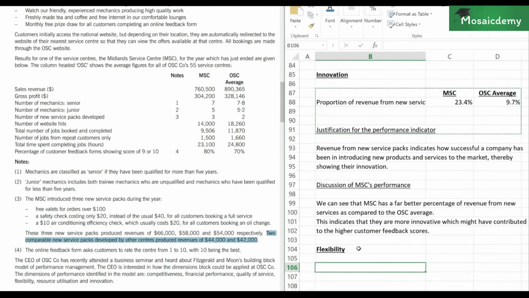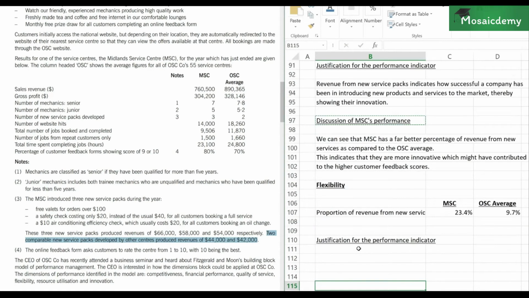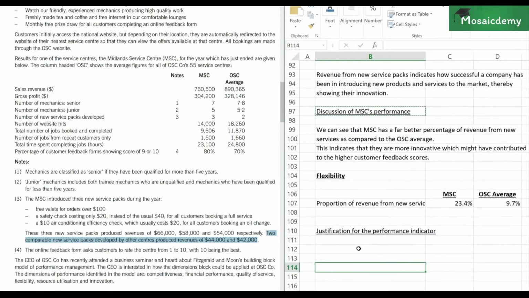The last one, flexibility. Flexibility is a bit tricky because with flexibility, what do we exactly mean by that, right? It means how well you respond to customer needs. But again, you could say customer feedback could give us that indication, but we can't use that. We need a ratio. Flexibility, usually in the exam, they expect you to calculate the time spent per job, because